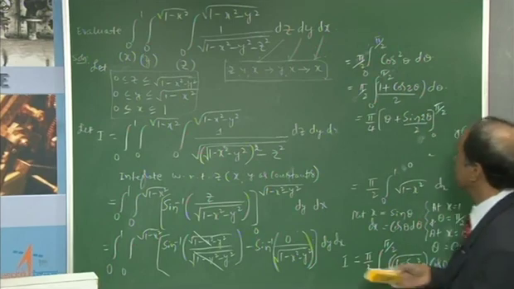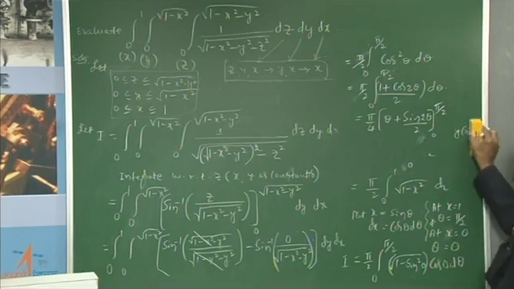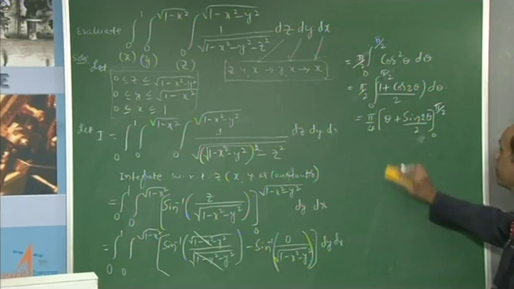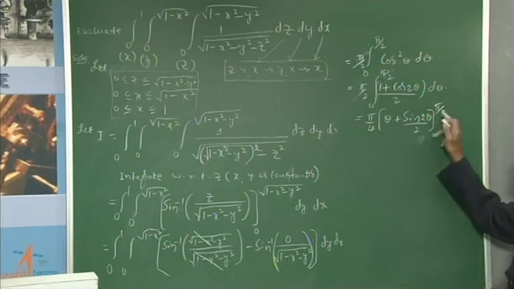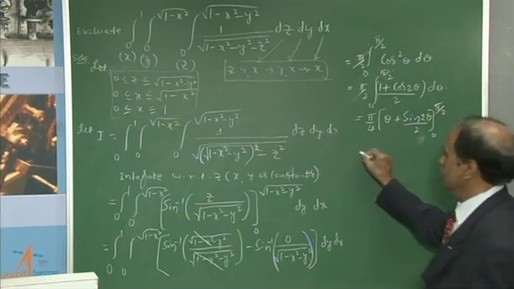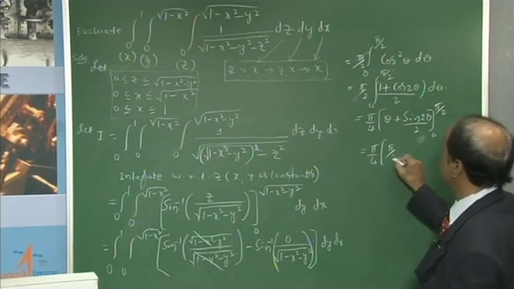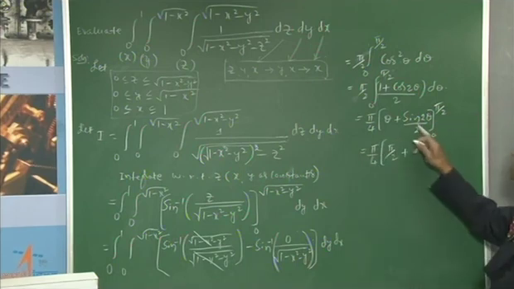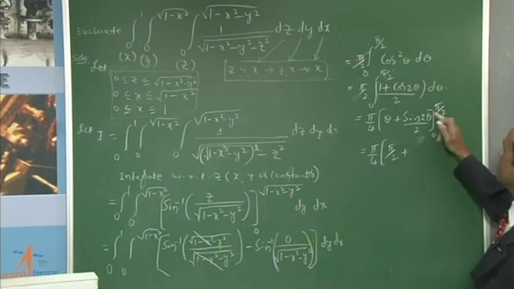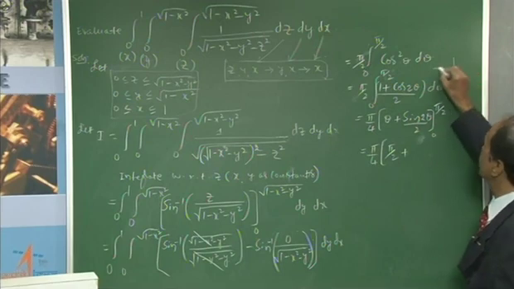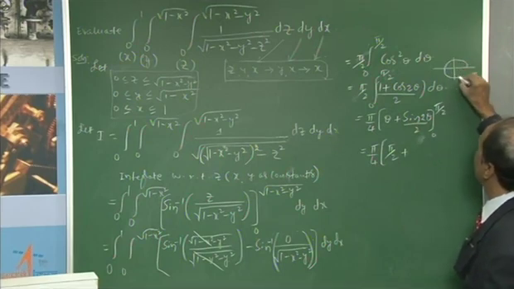Then you are going to replace the limits: theta equal to the upper limit and theta equal to 0, pi by 4 times pi by 2 plus sine 2 theta. So, theta is equal to pi by 2, that becomes sine 180, according to the ASTC rule,